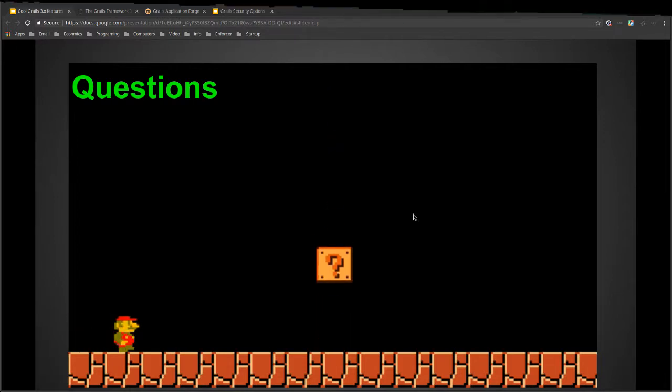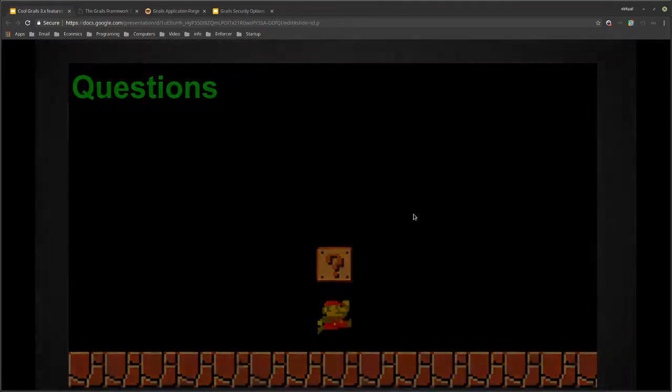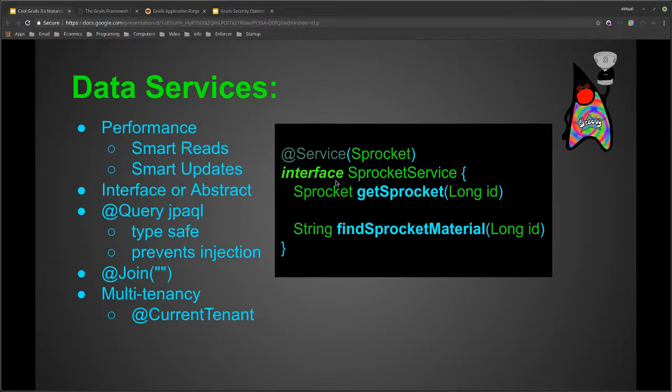Interface or abstract. Those are your two choices. Basically, everything in the interface is abstract, and because of that service annotation, it knows, oh, I'm going to take this interface and construct the real service for you, and fill in the methods. It knows that there are a bunch of these that you can use. Like I'm using get, but you can also use finds, updates. There's a whole bunch of documentation on this as well.